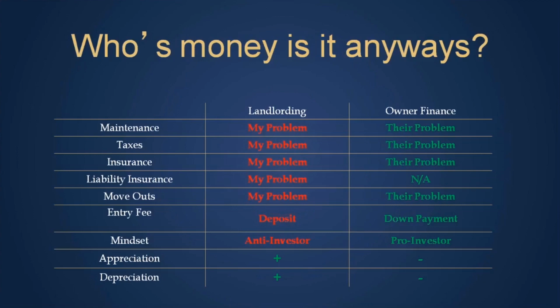And the only two things in the plus column when you're a landlord is appreciation, and that's the property values going up, and depreciation, where you can write off the valuation of your property on your taxes. So if you switch over here and you look at the green over here to the far right, you'll see that all these problems go away if you're the owner